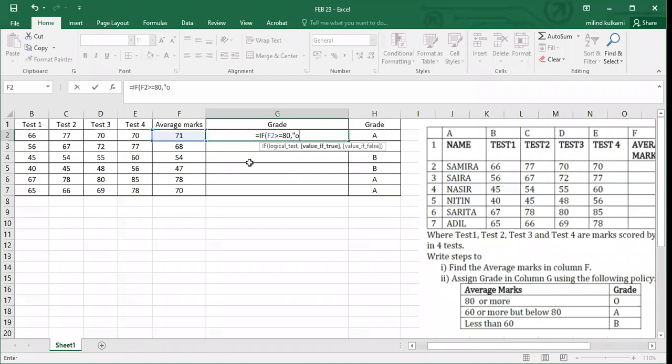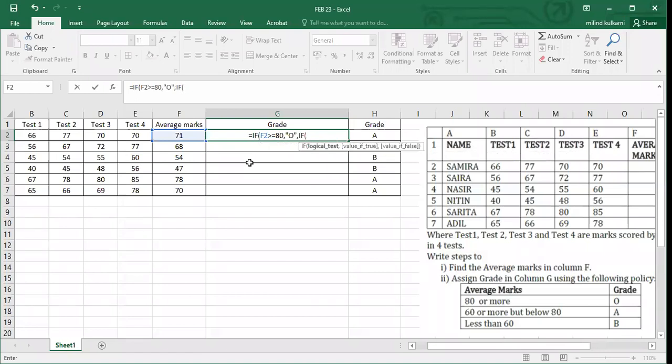O, I will use O grade, enclosed in double quotation marks. If your F2 is more than or equal to 80, then the grade is O. If not, then if this condition fails, then here I use another IF.